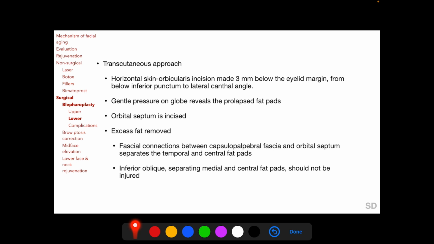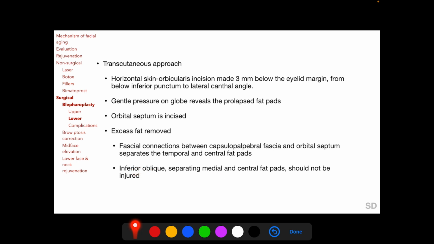The transcutaneous approach to lower eyelid blepharoplasty is similar to upper eyelid blepharoplasty. A horizontal skin orbicularis incision is made 3 mm below the lower eyelid margin from below the inferior punctum to the lateral canthal angle. Gentle posterior pressure on the globe reveals the prolapsed fat pads. The orbital septum is incised and excess fat is gently transected, and the inferior oblique muscle separates the medial fat pad from the central fat pad,